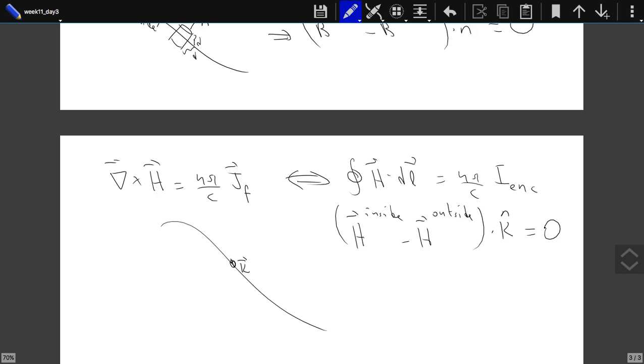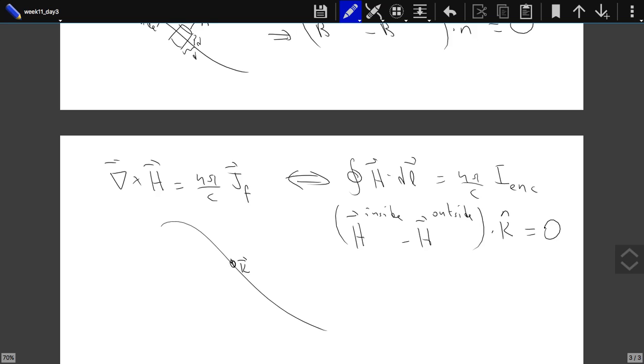Do you see how to derive these results? I'm not repeating them because we had already discussed them a couple of times before in electrostatics. Now, this component in the direction of K, what we see is the B perpendicular to the surface is continuous across the surface. The component of H in the direction of the free current is perpendicular to the surface, is